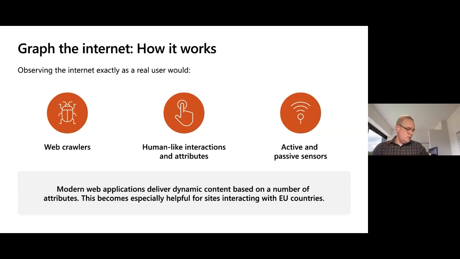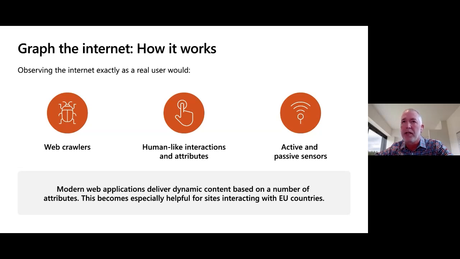Yeah, so how does it work? So we've mentioned a couple of times that we're collecting information about various devices and software that's running on the internet at large. We do this very discreetly and in a safe manner, and we use what a user would use or an attacker might use. So we have web crawlers, and we visit websites just as a normal person would and collect information,